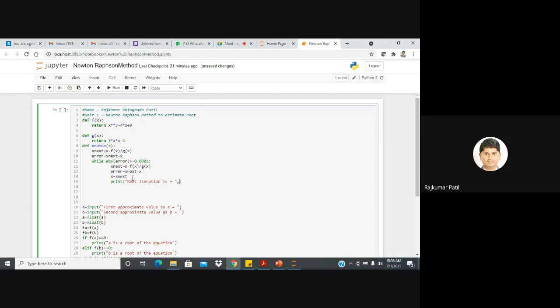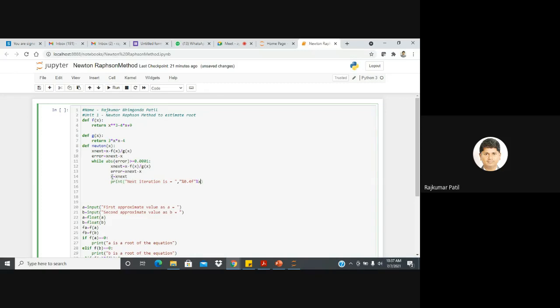What we will do, we will define the number of decimal points. So percent, as we are interested in 0.4 decimal point, so %.4f we enter here. Again we write percent and the value of x.